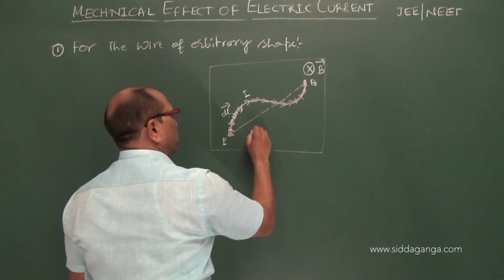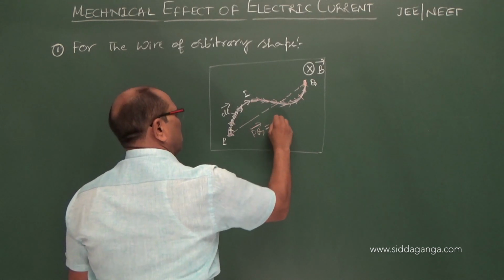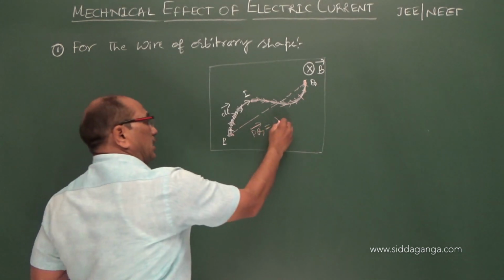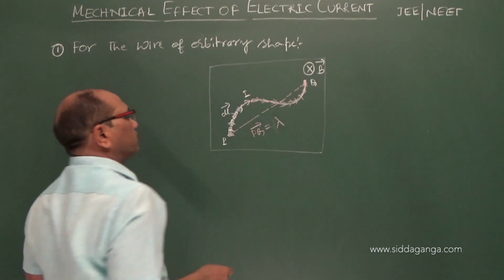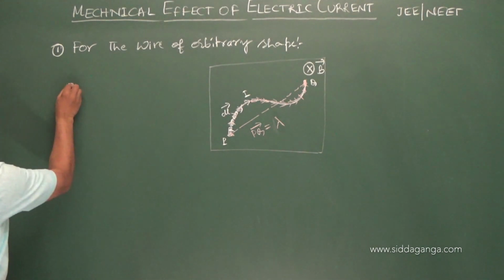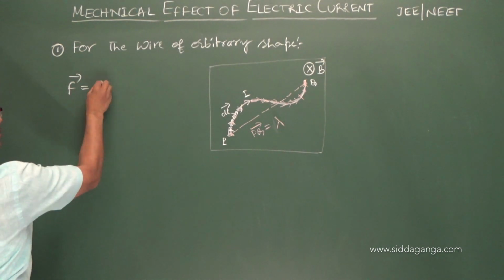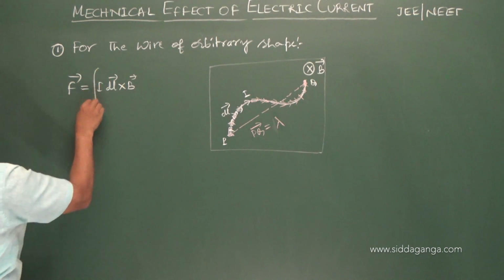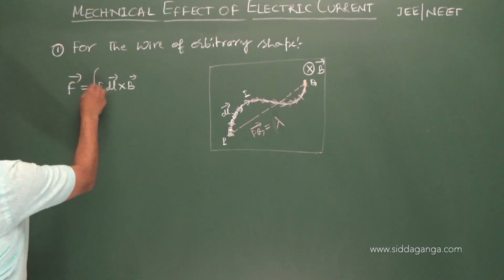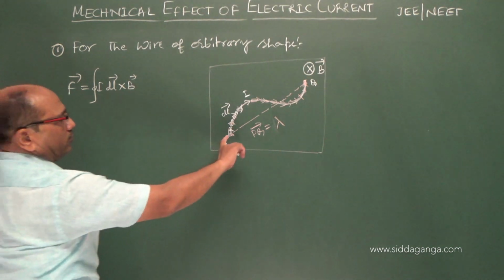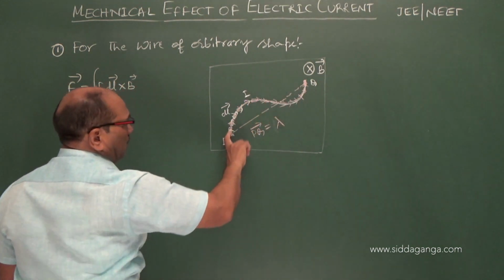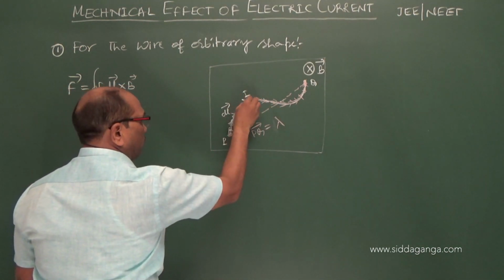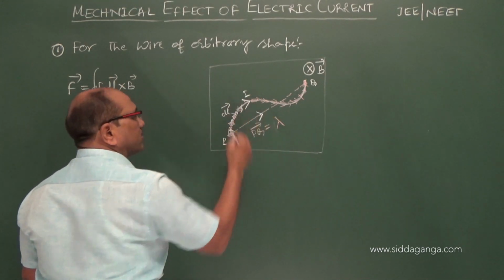And this length PQ is nothing but L, if I call it lambda, the length of the straight portion. Now I can write the magnetic force experienced by that as I into dl cross B, the line integral of it. So every element adds vectorially to the net force, which is almost a displacement. Even for the direction of current which I am showing here, I can apply this.